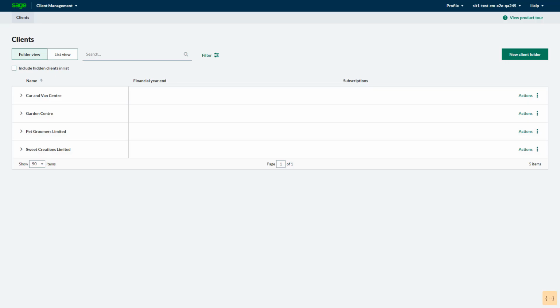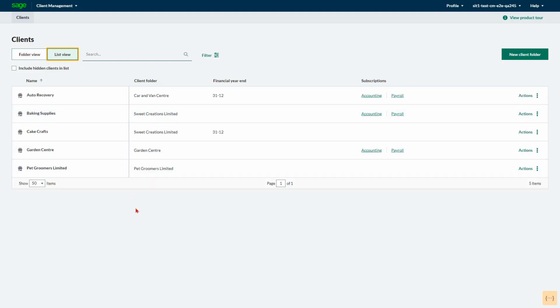Get work done for clients. The client list. We will now explore in more detail the homepage of the client management application, the client list. Users can add folders to this list to group clients, which is demonstrated in the folder view. In the list view, users can see an alphabetical list of clients. Alongside the client's name, you can see the client folder that they belong to, their financial year end, if available,